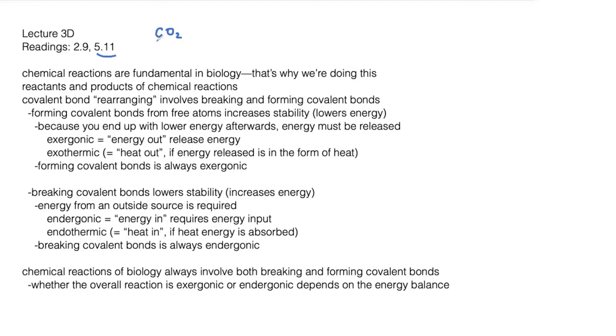So if I write CO2, you should know at this point that CO2 is one carbon covalently bonded to two oxygen atoms. And if you try to work it out, you'll realize that the carbon has to be bonded to four things. There are four bonds coming to carbon, and two bonds attaching to each oxygen. So it makes sense that you could make those four bonds on the carbon by putting two bonds on one oxygen and two bonds on the other oxygen. Okay. Whereas if you look at a molecule like H2O,